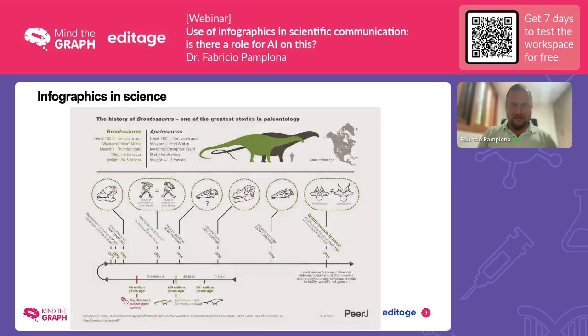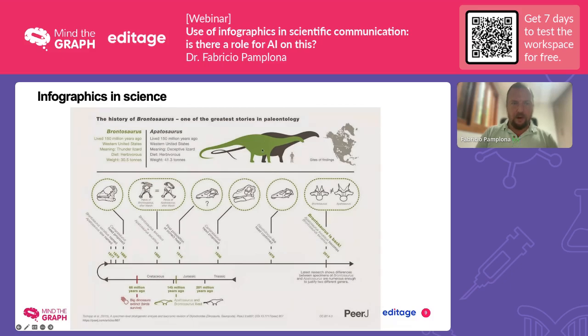Another example of a timeline, another dense one, of course, about dinosaurs. Who doesn't love dinosaurs? I should bring it. I mean, I thought I should bring this topic here. So this is an infographic. It was published on PeerJ just for you to see the adoptions of this sort of language in the scientific editorial market. And then you see first, this is a table, like a comparison table,